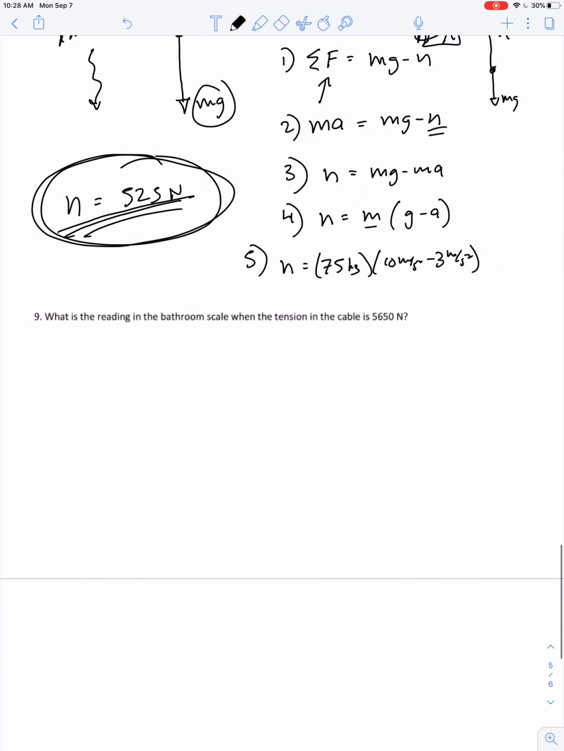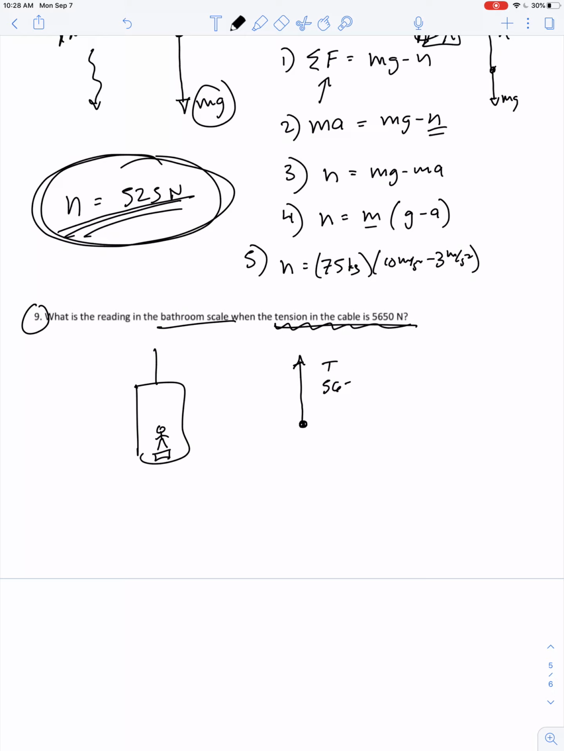So, last question. I know this has been a long video, but hopefully it's informative. What's the reading in the bathroom scale if the tension in the cable is 5,650 newtons? Okay, so there's our elevator cable, there's the bathroom scale. Let's just focus on this part of the problem here. So if this free body diagram represents the whole system,